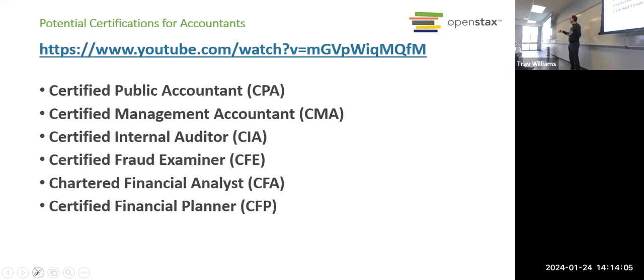Once you finish your bachelor's degree in accounting, you can prepare to take the CPA exam. There are probably some extra courses you would want to take to get ready. If you pass the exam, you're then licensed as a certified public accountant. That pushes your ability to make money up a notch or two, because you have that license.